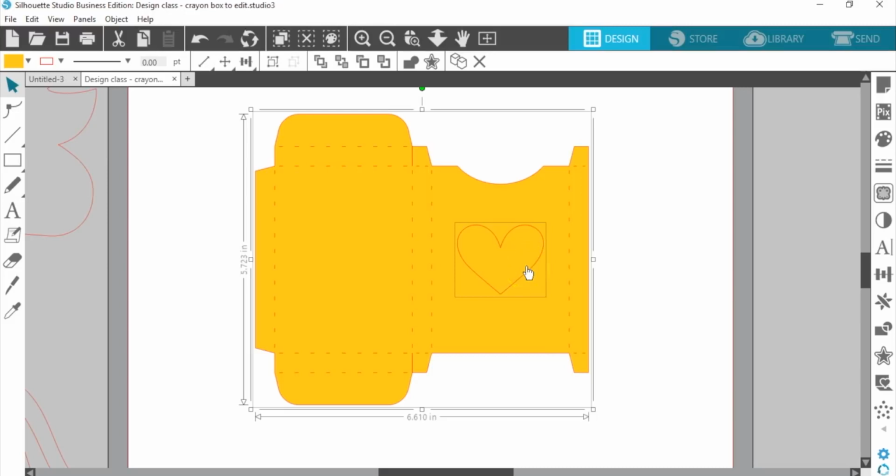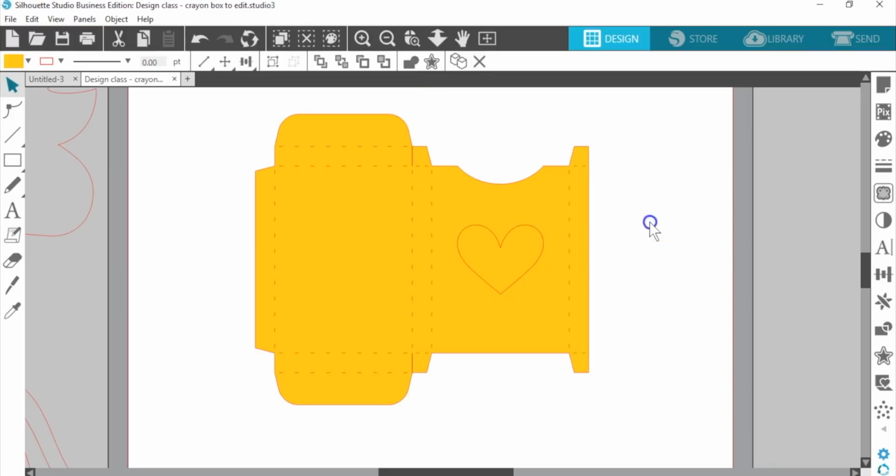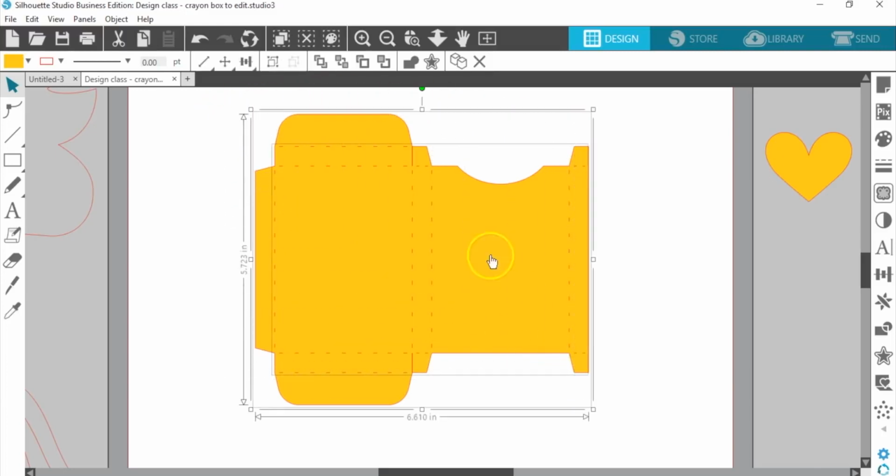Now you see that the heart is filled with color, and we can separate it from the box. We're just going to drag the heart off to the side. We're not going to use it. But we do want to group those perforations back with the box. And the group is, again, up in your quick access toolbar. Now we have a box ready, and we can add a unicorn, but you can't add just any design.